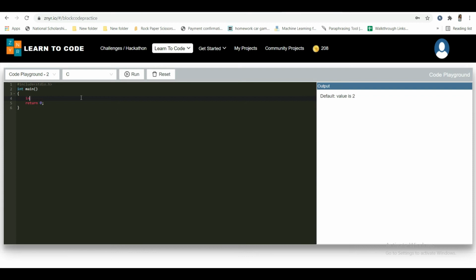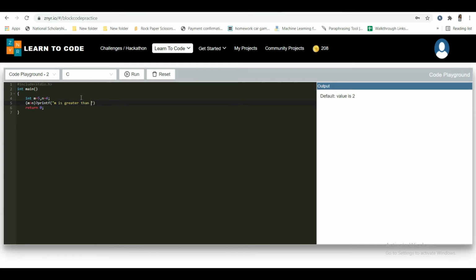Okay, let me take 2 numbers. Int m is equal to 5, comma n is equal to 4. Now I'm checking the condition over here: m is greater than n. I explained you the syntax, right? It should be a question mark. Next, if the condition is true, expression 2 will get executed. What will get executed? m is